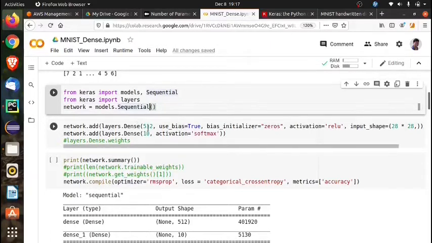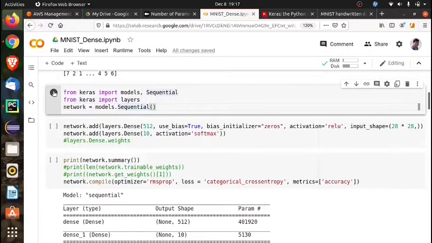In this example we will be using the dense layer. Dense layers are fully connected layers and not a convolutional neural network, which provides more accurate results. In the next session we will see how to use a convolutional neural network for the same MNIST problem, but here we will be using the dense layers, which are fully connected. Okay, we will just execute this cell.